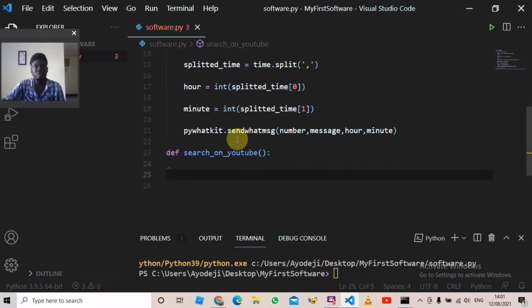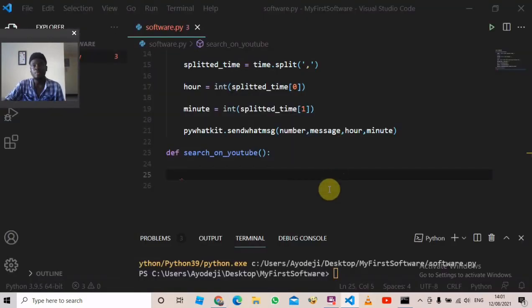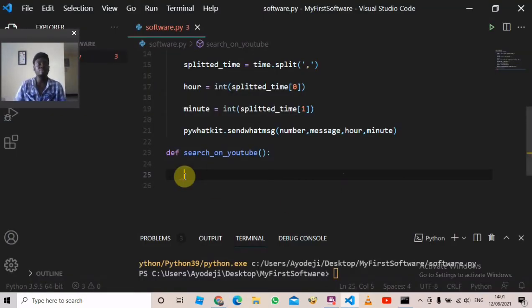So now we've declared a function, we've defined search on YouTube. If we now come to documentation, we see that this thing accepts just one parameter, and that is the name of the video you are searching for on YouTube. So that is pretty simple. We're just going to define an input statement. We'll give a variable, I'll name it search. We'll say search is equal to input,